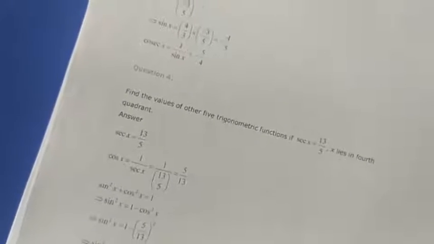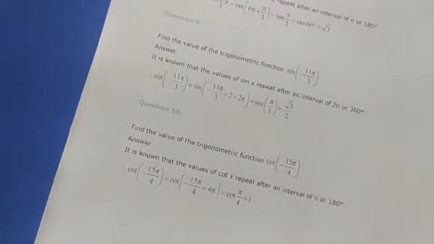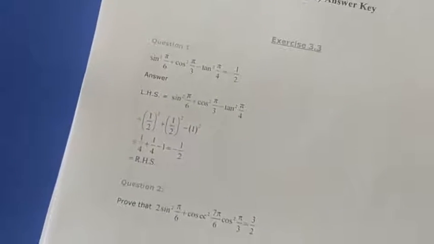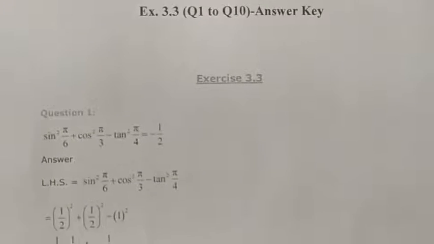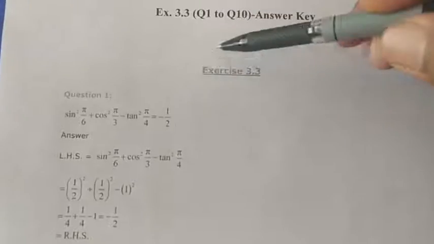Similarly, you will find the other trigonometric ratios with the given one value of the trigonometric ratios, and the quadrant will be given to you. After finding the quadrant, it is very easy to find the other values, right? After that, the next exercise is 3.3. In 3.3, there are a lot of formulas, like the C-D formula, the A-B formula, and all the quadrant formulas. So we are starting 3.3.